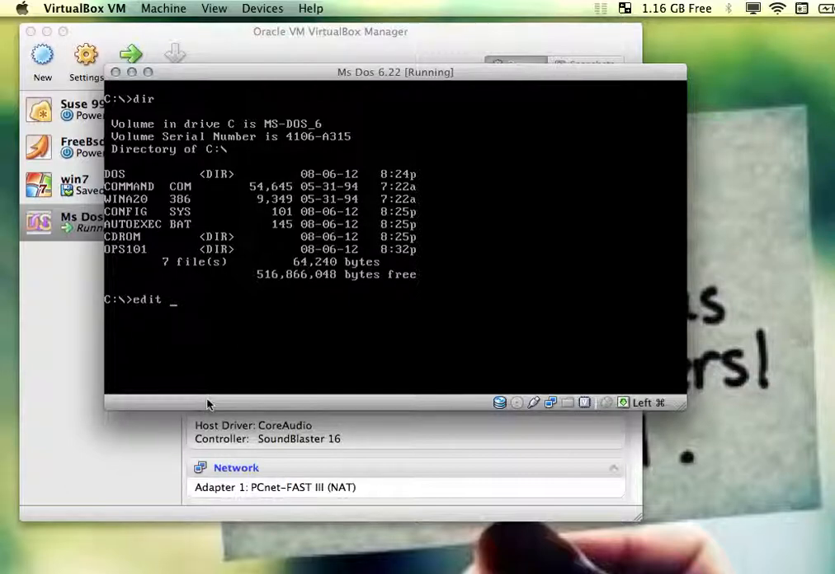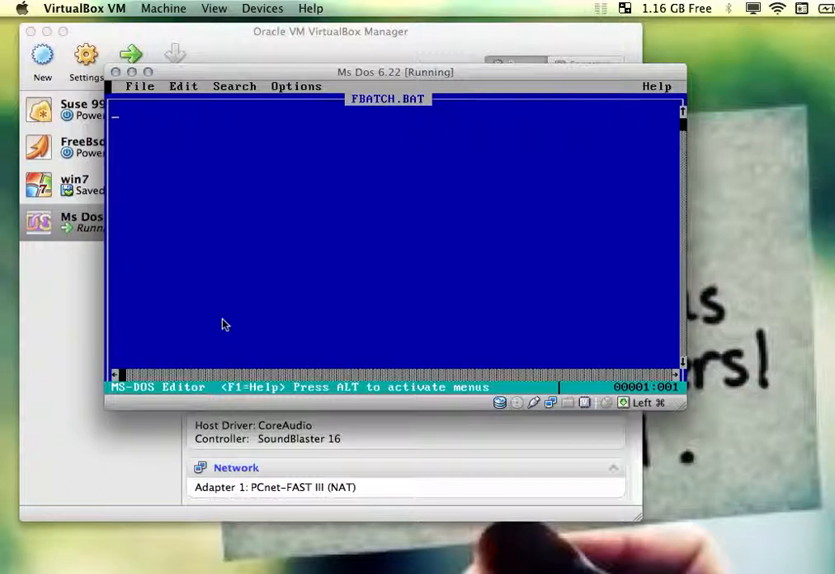Edit first batch dot BAT. Dot BAT is very important because that's the extension that your computer is going to realize, okay, there's going to be specific commands that it needs to go ahead and go through. Now, okay, if you can see, I have first batch,